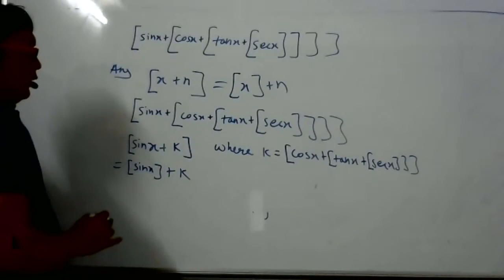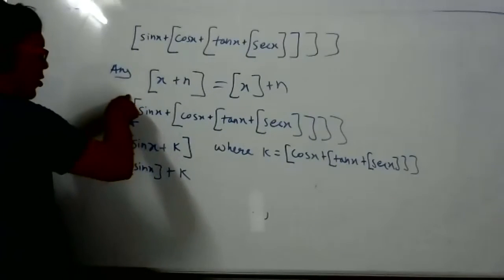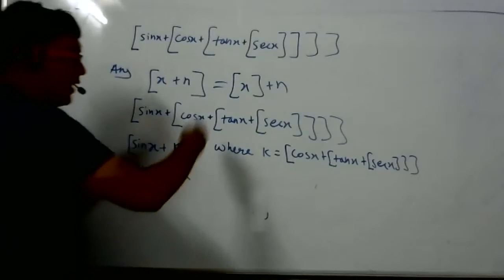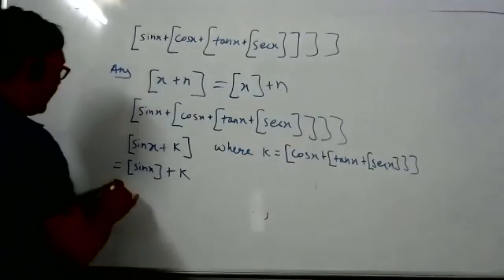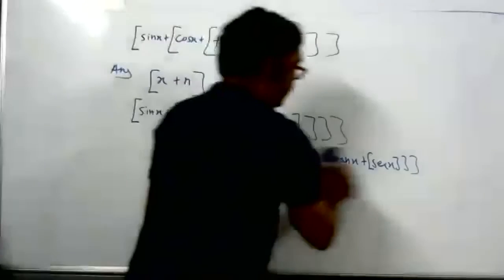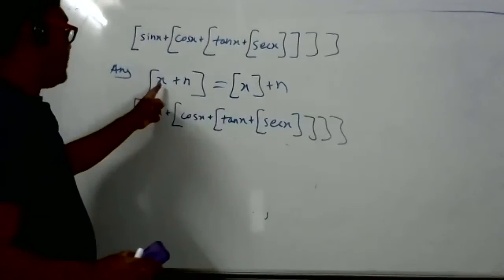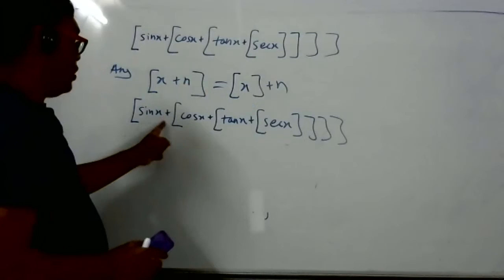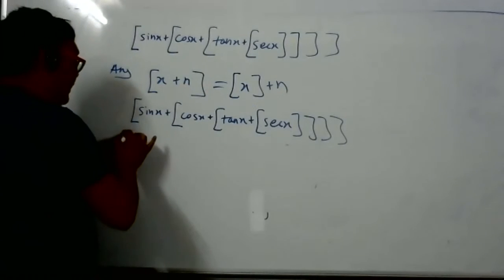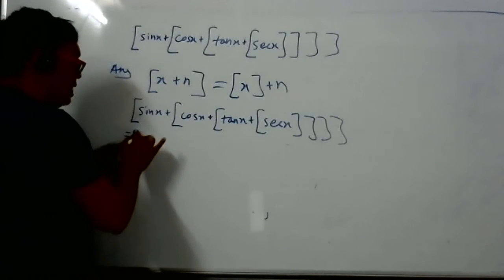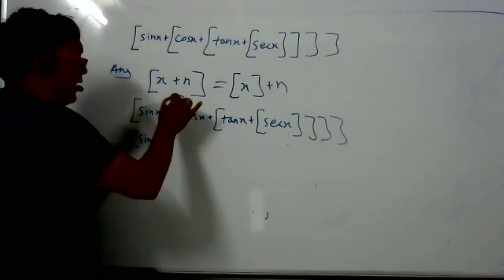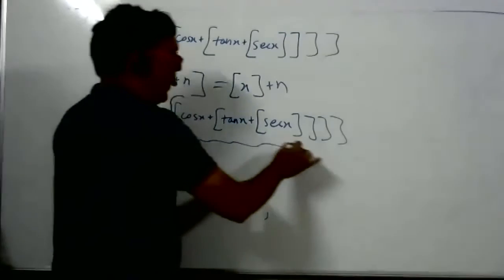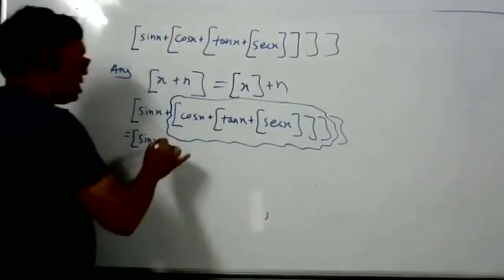Now student, what we will do? We will use from here to here whatever we have done. We will use this concept again and again. If you don't mind, could you explain briefly once more from second step? So what happened now? This formula is there. Greatest integer function x plus n, n is an integer, so the integer will go outside. Now I can write this bracket sin x, and this entire thing in the place of this, I assume it as k.